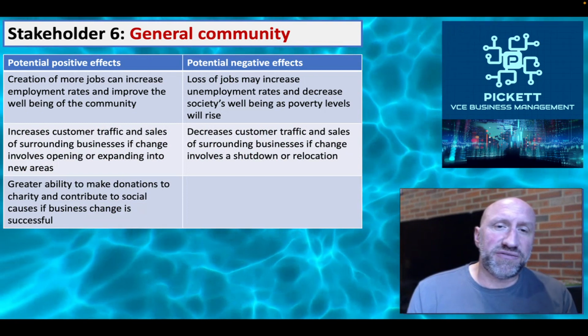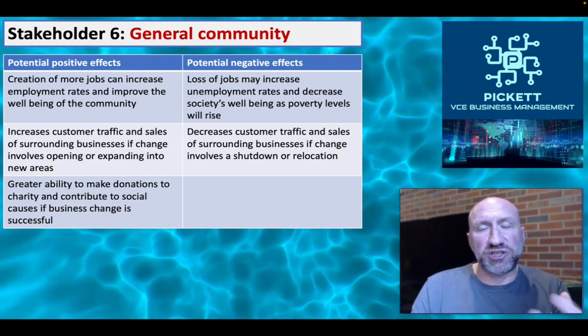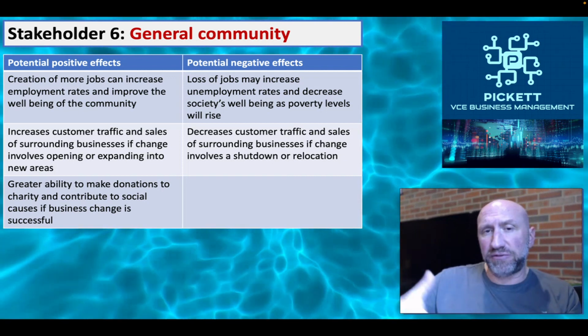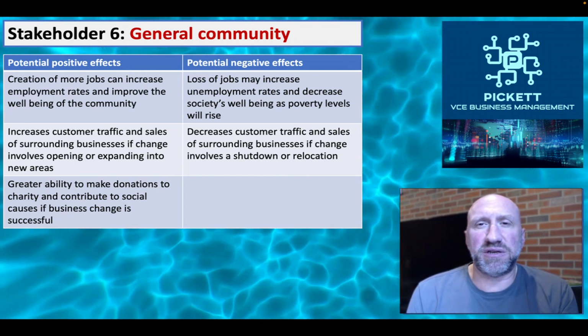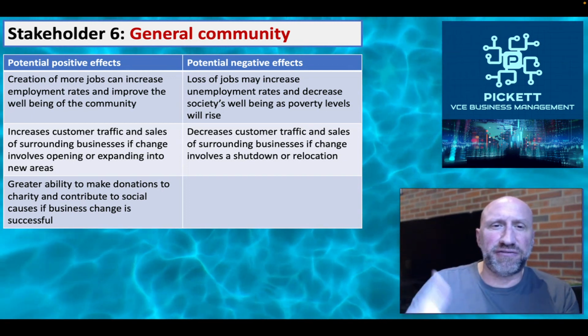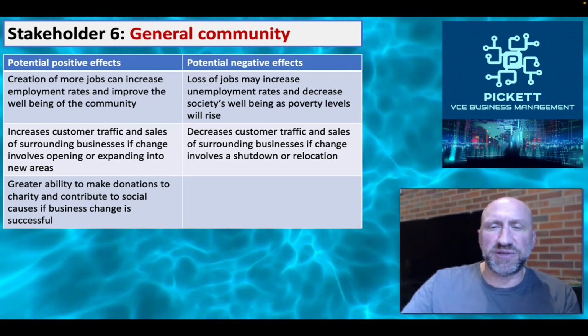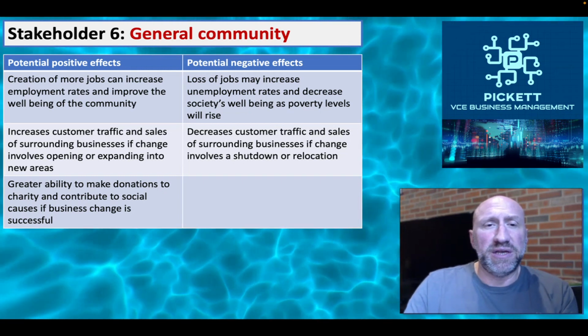So again, positive and negative, and we've said there can be positives, can be negatives. It depends on what the change the business is making. But again, get those into your notes. So again, you're going to have a few notes for this one. But again, hopefully you don't need to learn this stuff rote. If you understand this stuff, you should be able to come up with these negative and positive impacts, I think, given case material, if you understand kind of what we're talking about here.